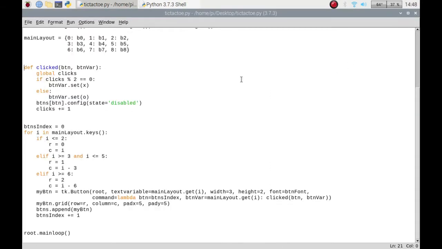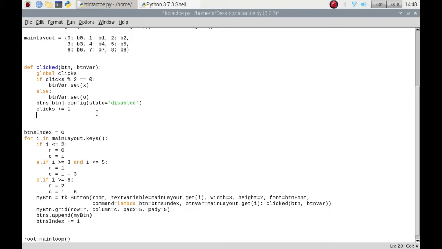Right, so let's continue and we'll sort out some checking. What I'm going to do is create a function called winCheck, and in here I need to know which player it is. So when you click it, it's first going to create an X, and then next time you click it'll be an O, and so on. But rather than working with the clicks value that we are adding 1 to every time we click a button,